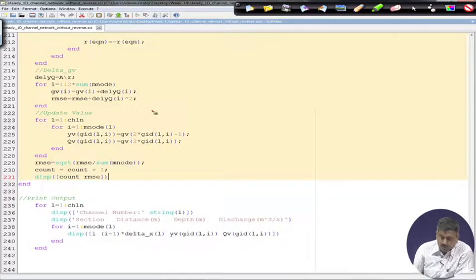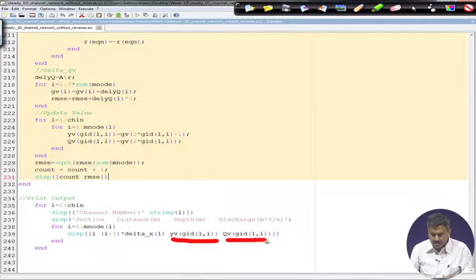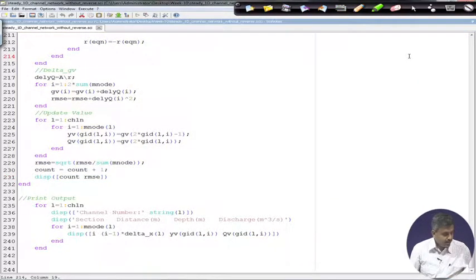And the final part is the output. This is for 1 to channel number, display the channel number and display section, distance, depth, discharge. This is for I equals to 1 to M node L, that means we are considering all sections. I minus 1 times del x will provide us the distance at which the section is there. Next one is depth, and this will provide us the discharge. So, if I run this one,